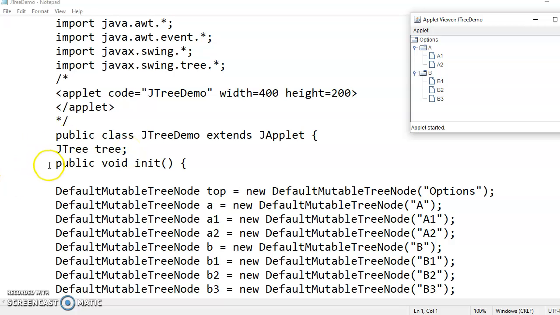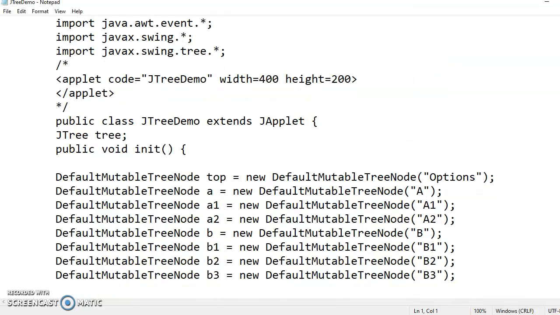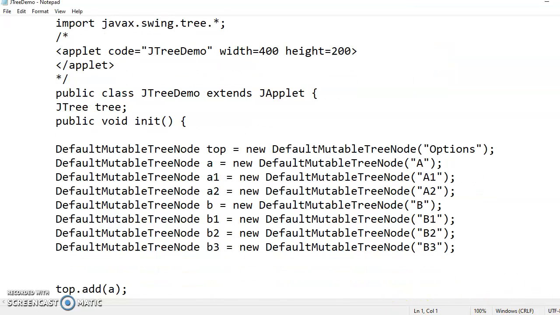Now all the code which will be required will be written inside an init method. As you always know, whatever code we want to display on the applet we'll write inside the init method. So this is the init method. Now the first thing which we'll write inside the init method is you need to create the nodes.